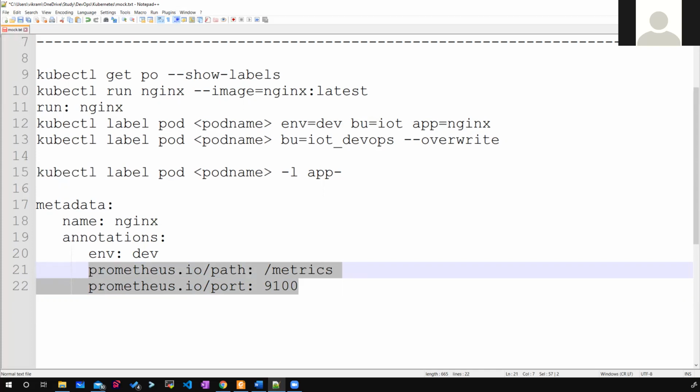Okay. You mean to say if you want to integrate your Kubernetes objects with any extra external systems or external tools, this annotations will be helpful in that case. Yes, exactly. Okay. And we have already spoken about selectors and services, but I want you to explain a little more about the selectors in Kubernetes.